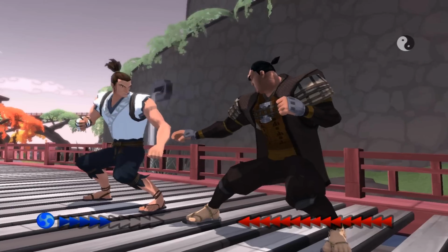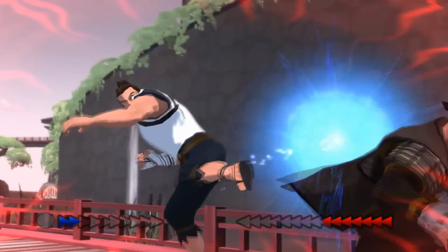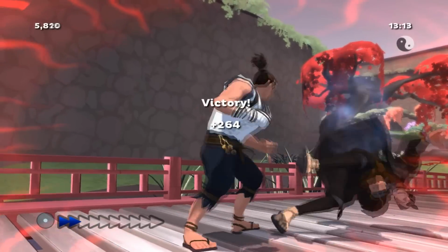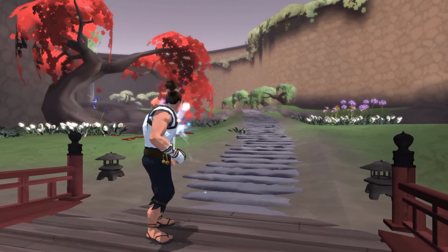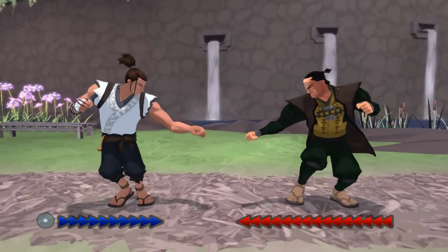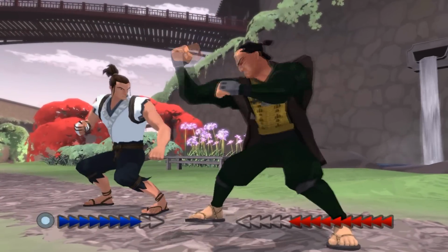So, if I fall as the Monk, then I have to try and do this as the Brute. Now, I did fall as the Brute against the final boss. And what happens there is... Oh, got a block, there we go. Whew. Getting close to death here, let's just get some health back. You fall as the Brute, and you can actually revive yourself, but it costs points. So, you don't get a chance to revive yourself as the True Love or as the Monk. Only as the Brute. So by that point, you've already got the quote-unquote worst ending, but